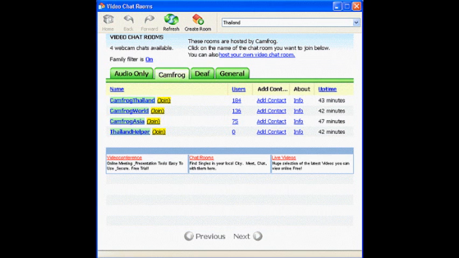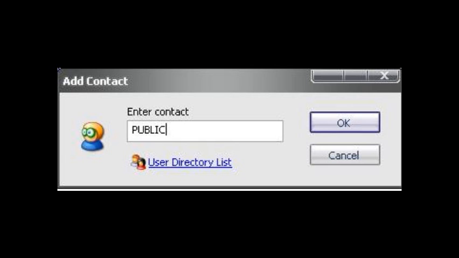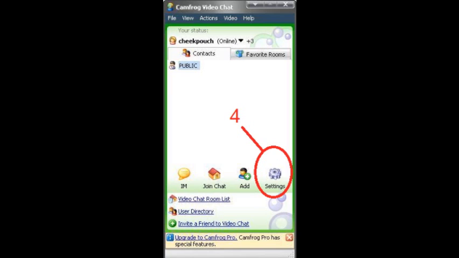And then three button is a add button. When you click add button, you can see, yes, you can see this image. You can key your contact and click OK. You can see your friends. Okay, next step is you can see fourth button is a setting button.